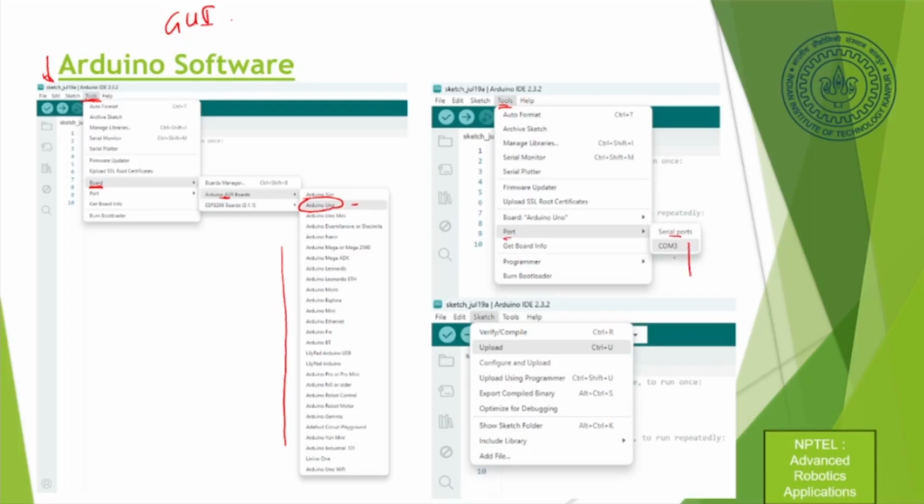It could be COM1, COM2, COM3. Wherever it is connected, it will show you that one, and you have to choose that one. In this particular case, it's COM3. So you just click on COM3. Now the PC understands that the board is connected to COM3 of the PC.